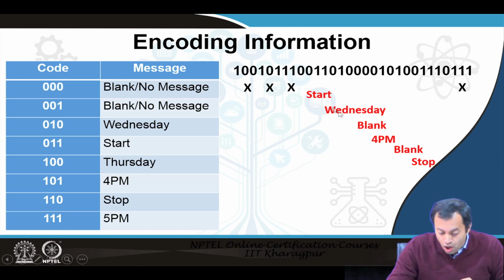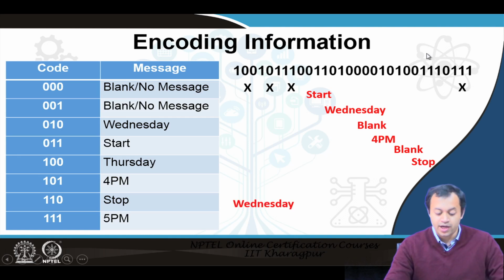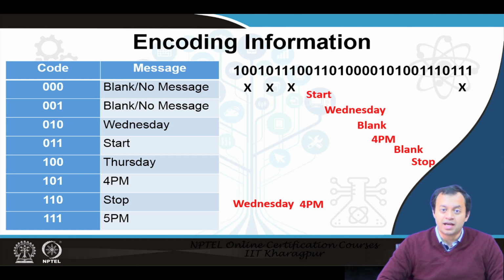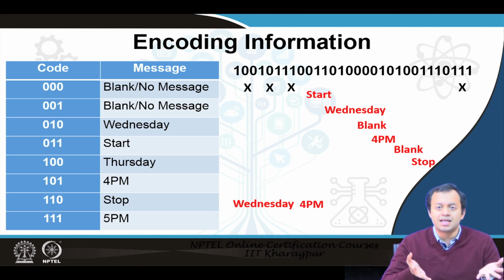So, the overall message from this stream is Wednesday 4 p.m., meaning at Wednesday 4 p.m. the spy is supposed to go to meet the person, who will give him a package containing a tool, which he will then use to assemble a nuclear bomb. Nightmare scenario, I know. So, what exactly does this have to do with DNA coding?